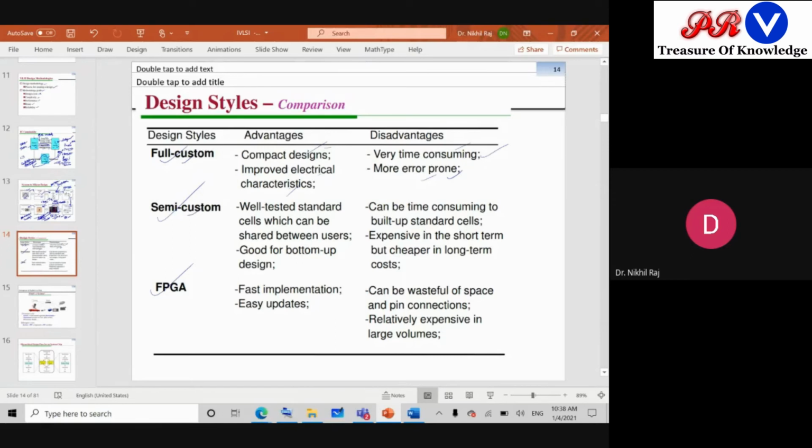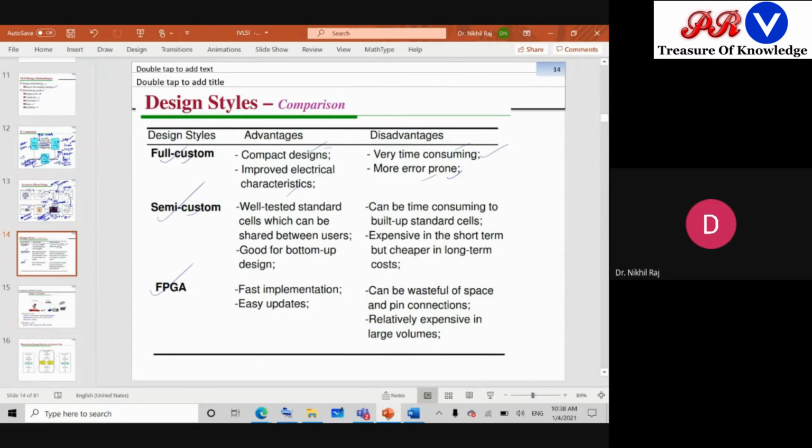Now there is another approach, semi-custom. Semi-custom means half of the work the designer will do, half of the work the machinery will do. Okay, so in this, like you are doing HDL coding, you have done the HDL coding, everything. After that, what you do, you give everything to your FPGA board. You write the pin specification, and the FPGA does it on its own. It builds some architecture and gives the result. So half of the work is done by the designer, and half of the work is done by the machinery part.